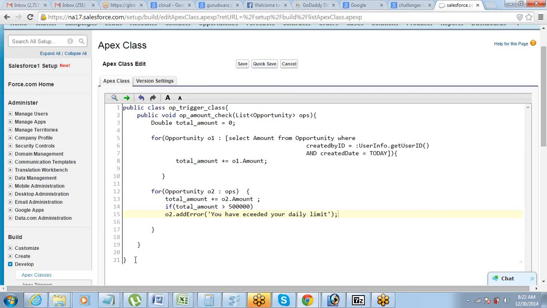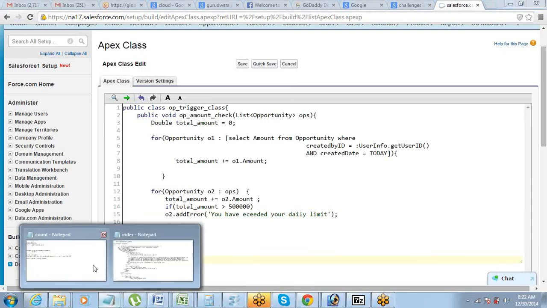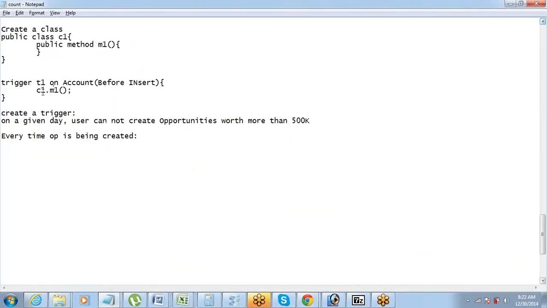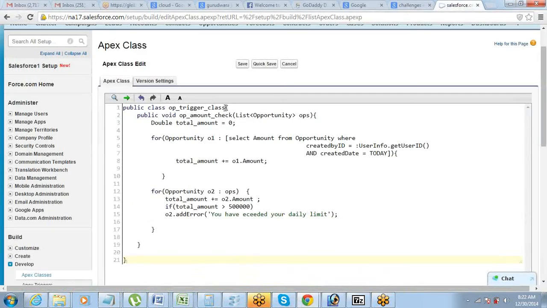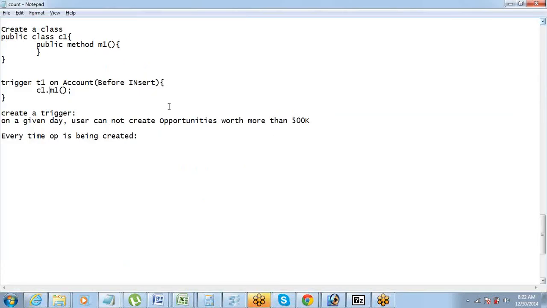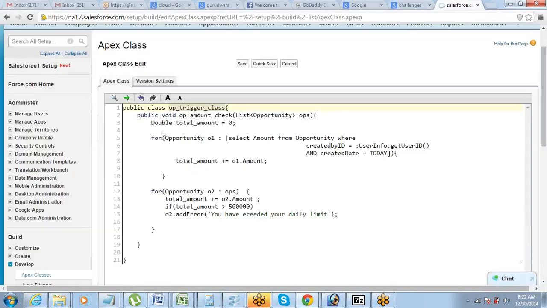So understood the logic? Now what we need to do, we just need to go and create a trigger, and on the trigger I just need to, as I told you earlier, go and call the class name dot method name. So in this case, what is my class name? This is the class name. What is the method name? This is the method name.